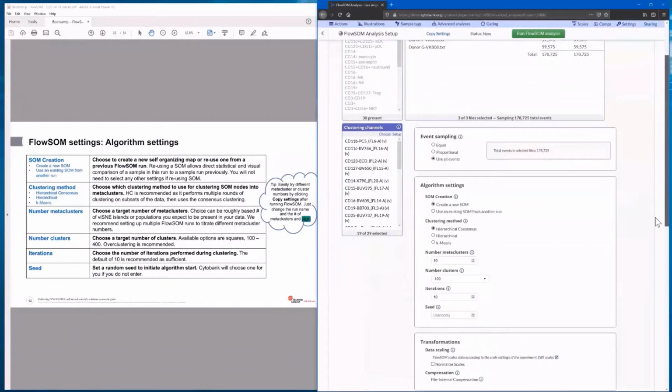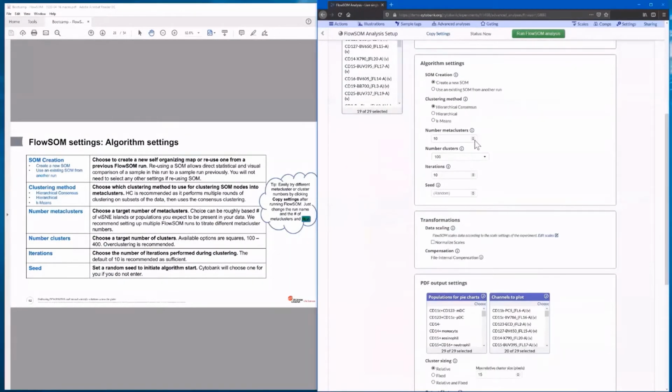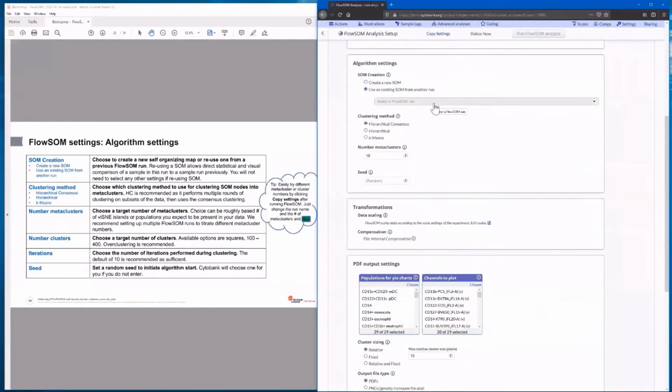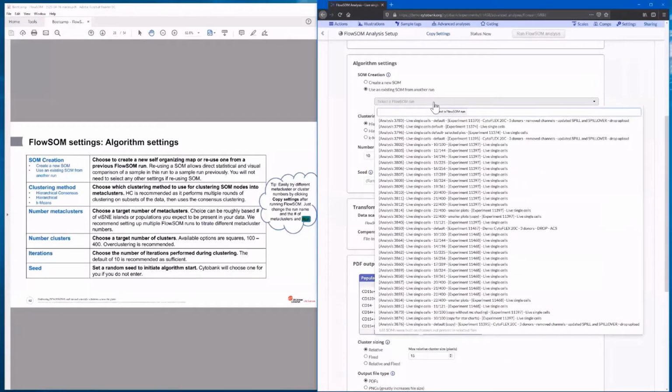Next, we'll get into the algorithm settings. First, we can choose whether to create a new self-organizing map or use an existing self-organizing map from another run. In a fresh experiment, you want to create a new self-organizing map, which we'll do here. If this experiment was part of a series of longitudinal experiments, or you wanted to compare this to a map that you already made, you would select the button for use an existing SOM from another run. And when you open the drop-down, you'll see all of your other FlowSOM experiments